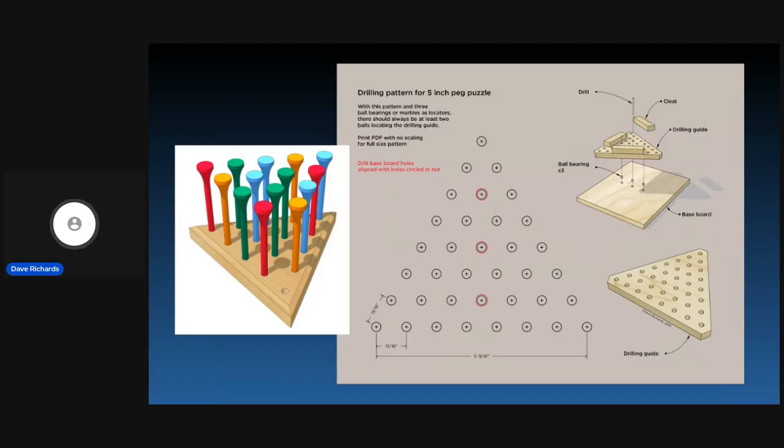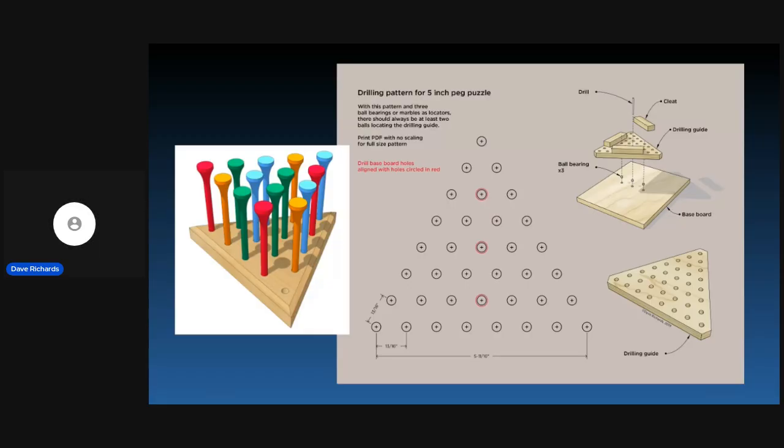Another example of this is a simple plan that I did. In fact, I did this as a plan for a woodworkers guild in Kansas. They were going to the Kansas State Fair, and they were going to have a booth there, and they wanted to be able to get people who were just coming by, maybe who had no experience with woodworking, to do something. So they had the idea of this peg puzzle. They created the triangular